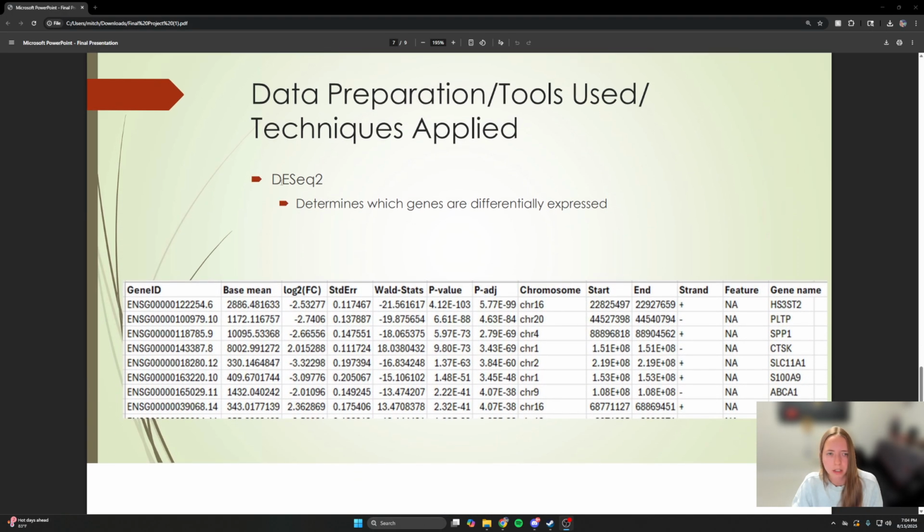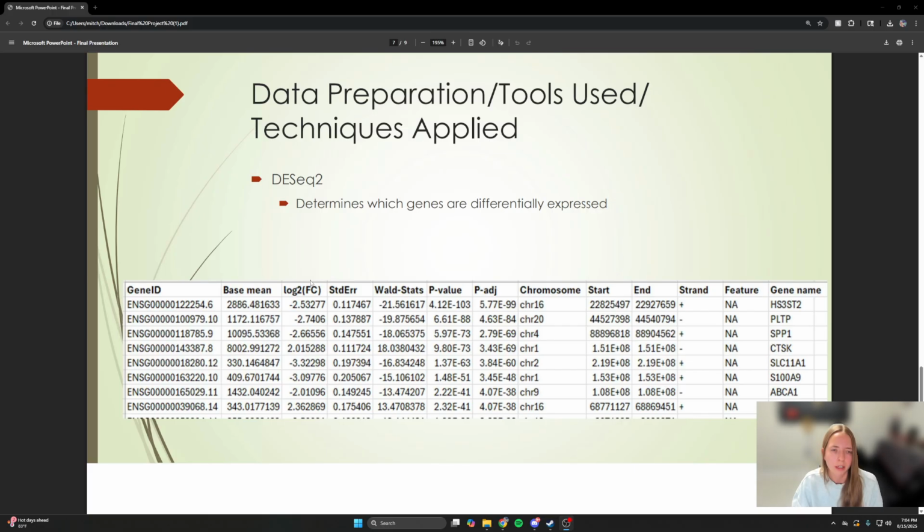So next I use DESeq2, and that'll help determine what genes are differentially expressed. So we want to know, there's thousands of genes and we don't know which ones are actually important. And once we have our data and we have our different genes, to know which ones are important, the first thing you'll do is look at the p-value, what's statistically significant or not. The other thing you'll look for is the log fold change, and that tells you if something's biologically significant, because